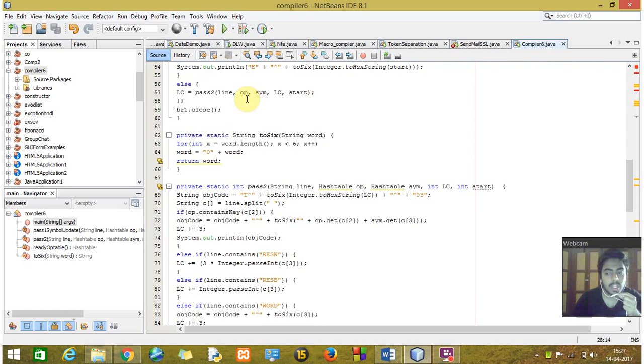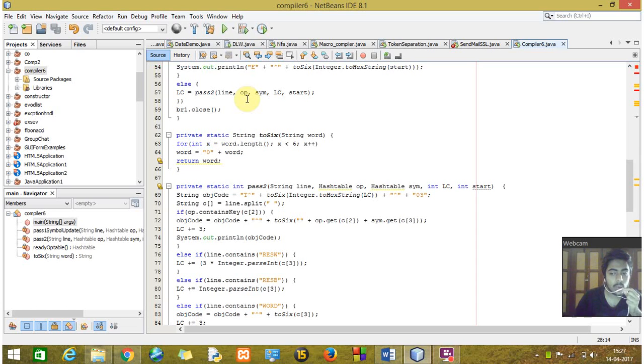This was my pass one. That means immediately after the start I have end. Now I've got what is start and where is end. In between, whatever is the text record, I have to calculate the length of the text record, whether it is word, reserve word, byte or reserve byte. Accordingly I have to set the space, the starting address and the format. So here we are assuming that all the addresses which are written are in format 3.